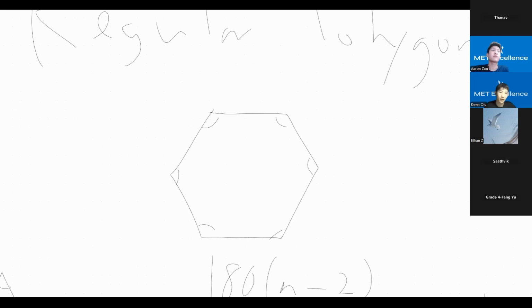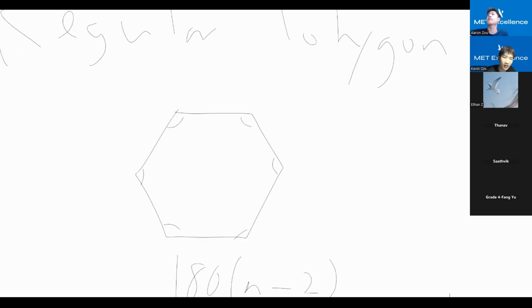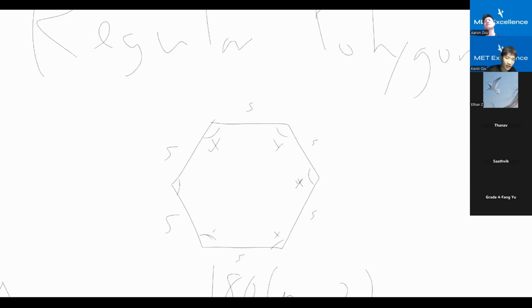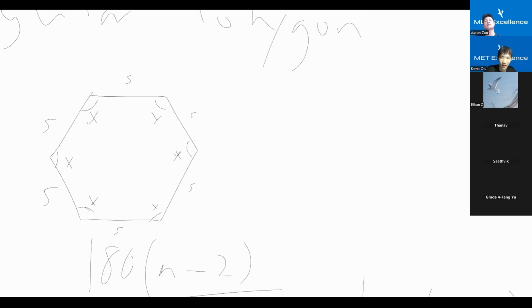So back to regular polygons. We know all of these side lengths are the same, and we know that all of these angles are the same. So both of these are required for a regular polygon, and one of them does not necessarily follow from the other. For example, we could have this stretched hexagon